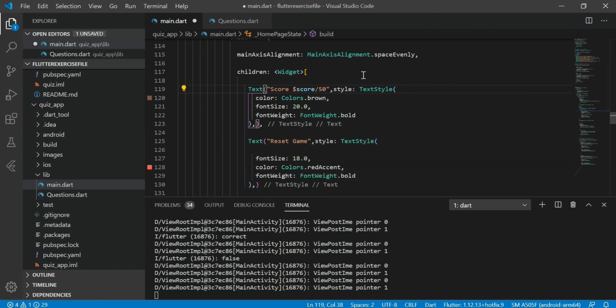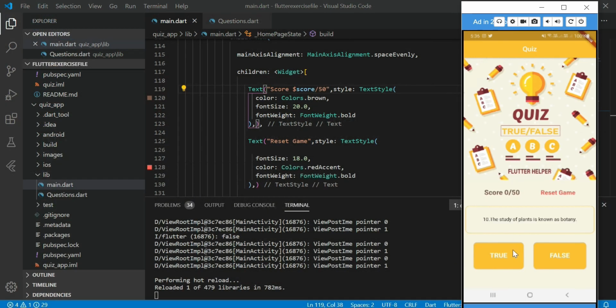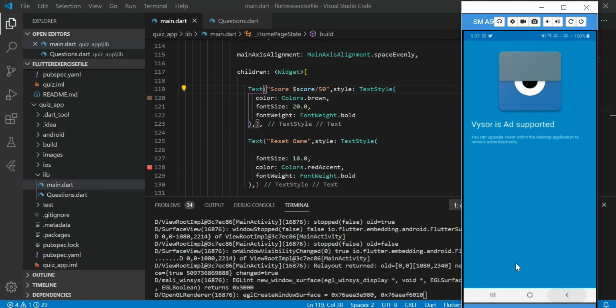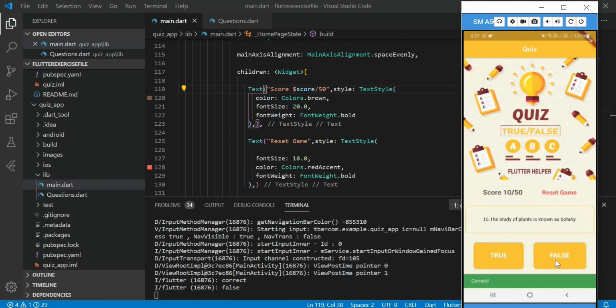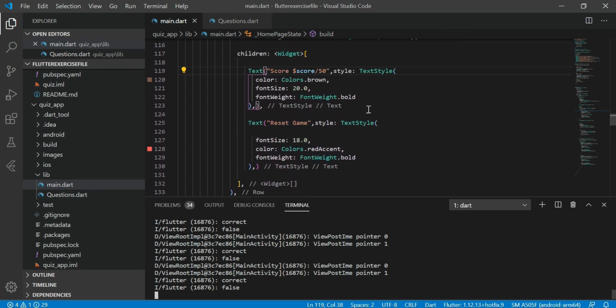Now see, our score value is ready to use. Let's run this app. Now see, the answer is true. Yes, as you can see, the increment of 5 will appear. Now 10. Now this works perfectly fine.